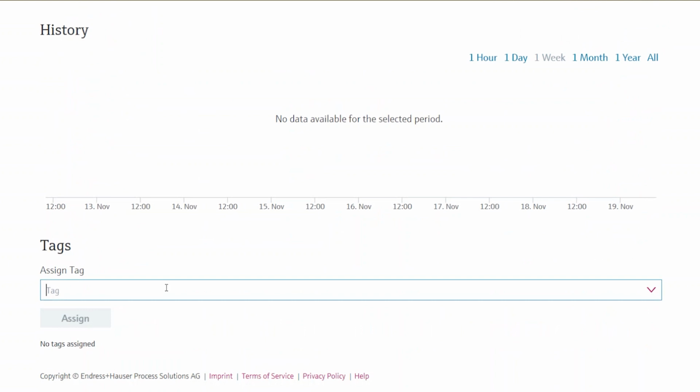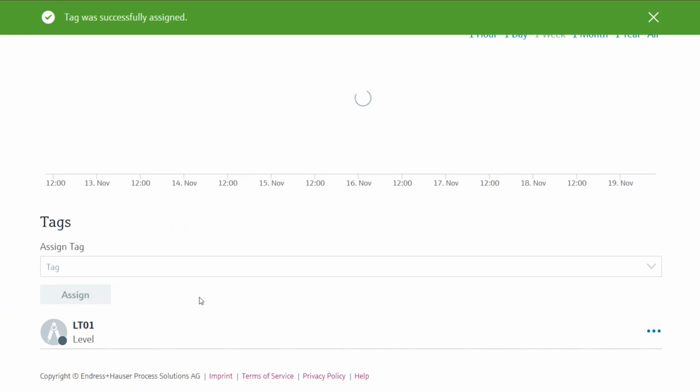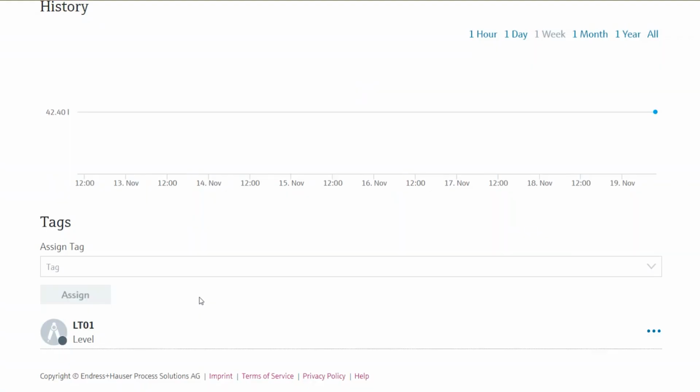And that's where we want to assign the tag we previously created together with the asset. So now it's LT01. I just can choose it out of this list or enter it directly and then click on assign. And now we have our tag as well as our asset behind this tag linked to this inventory.